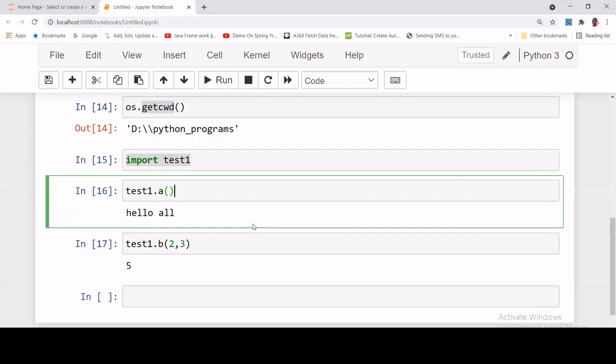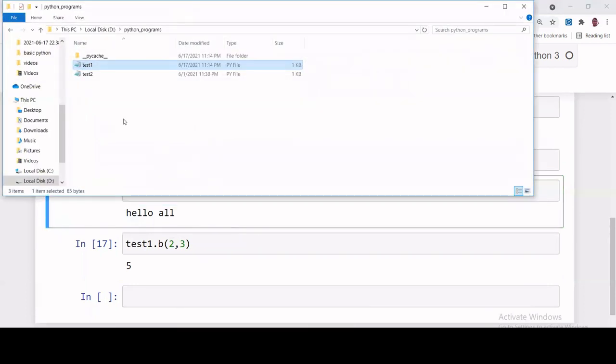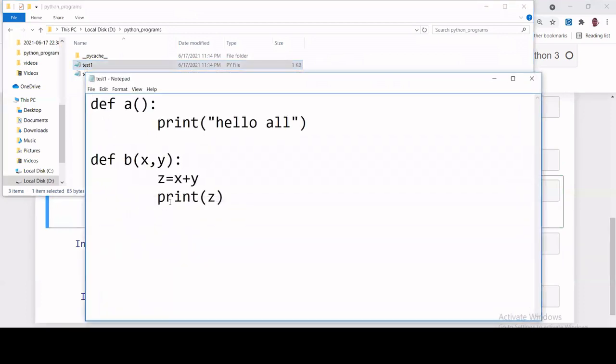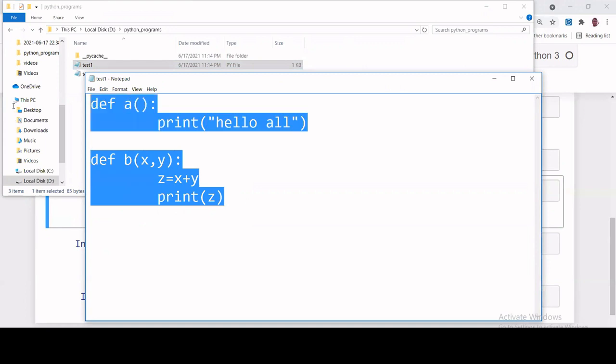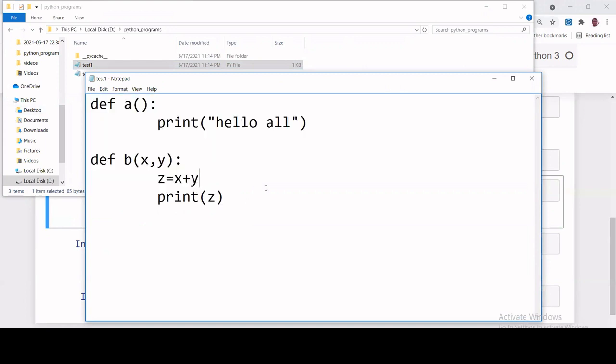But if you want to see or use the bytecode, you have to write your program inside a module like this. It is the same program, but I have written it inside a separate module and am calling it from another module. If you do this, the bytecode will be generated and stored.